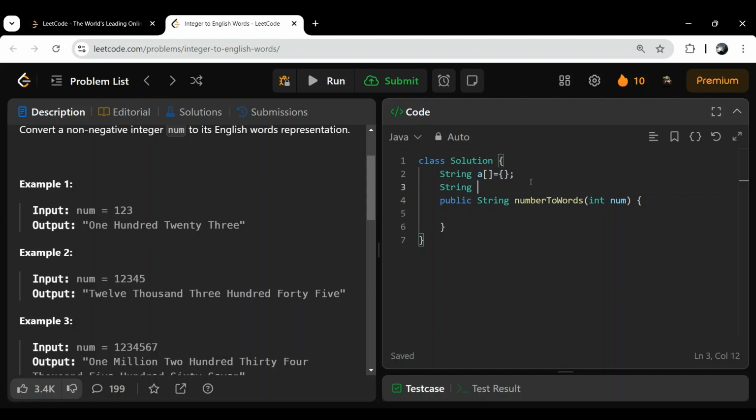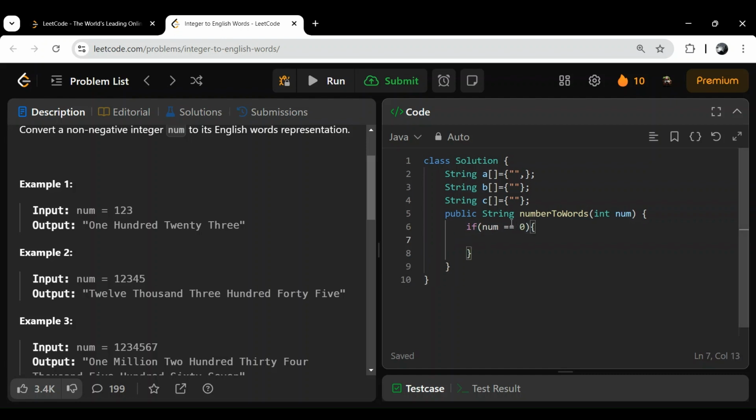So we will have two strings, string A and string B, and string C also. C is for thousand, million and billion. First I will keep the first entry empty, because if we get zero, then we directly return zero. So here if num is equal to zero, we return zero directly. Here 0, then 1, then 2,